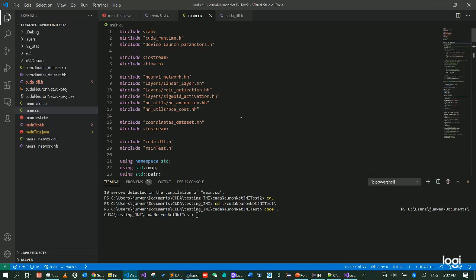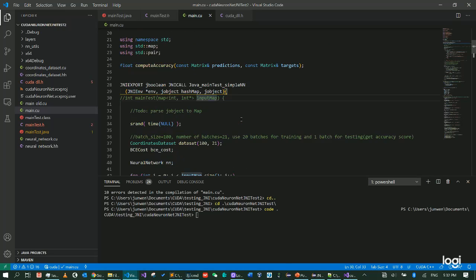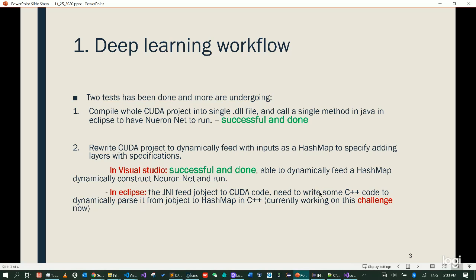But I think I will try to make this happen. Otherwise, maybe we need to think about using a simple format to transfer the data. Maybe just an integer and an integer array, with no need to have a map instead. So that's a challenge, and that's ongoing work that will be done in the coming week. So hopefully we will have a